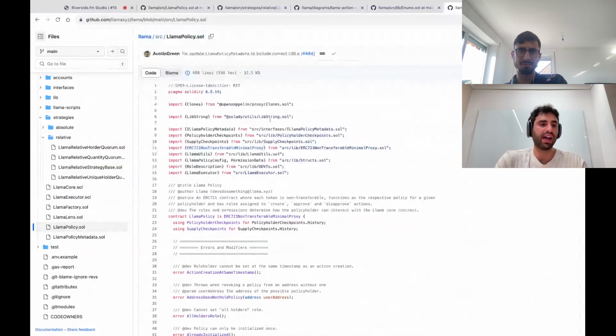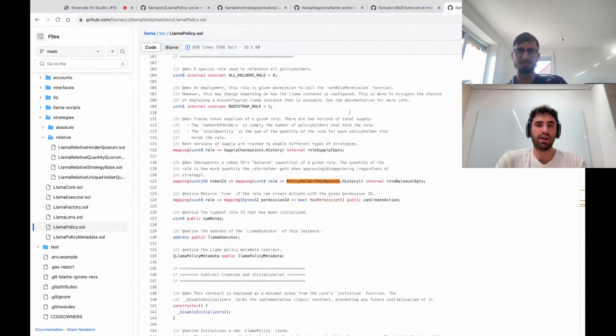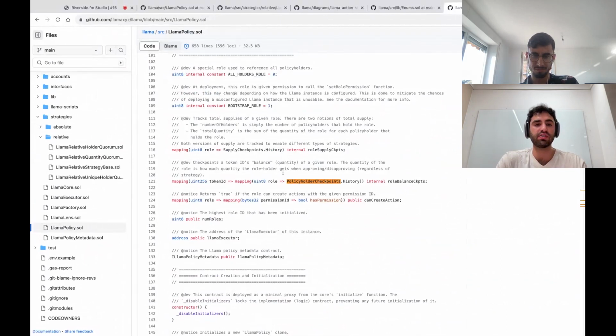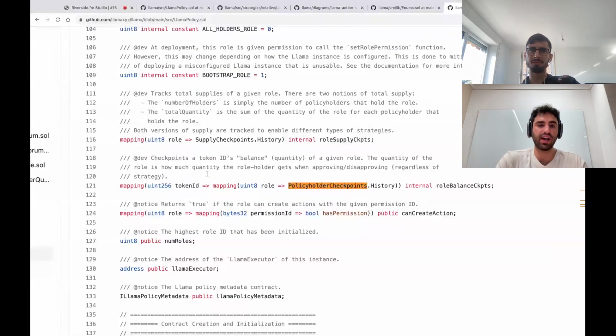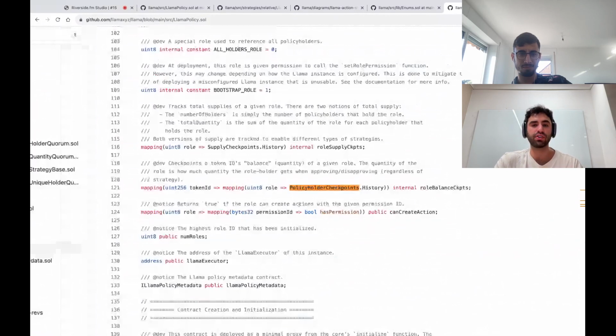We make great use of this in our policy contract, which is the core reference for getting these snapshots of time. You can see, based on a token ID, a sender's address and policy, and given a role that they have, how we snapshotted that policyholder's role.